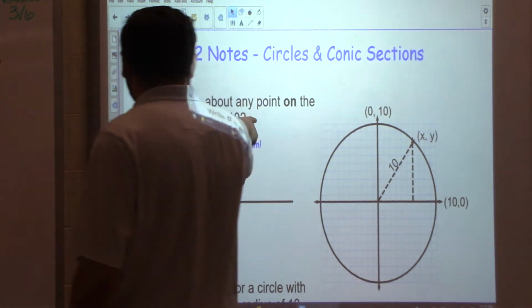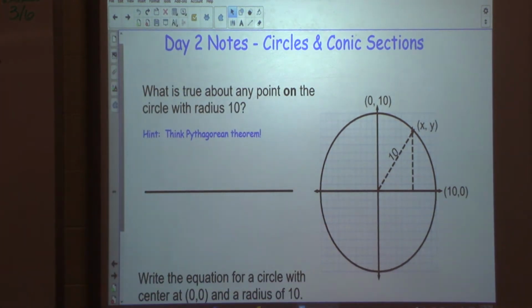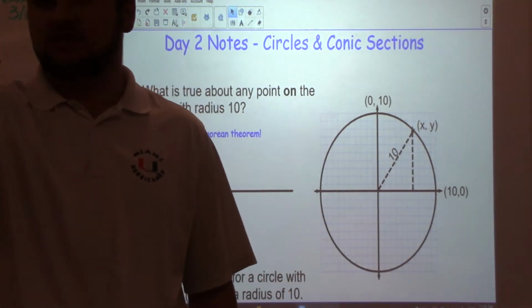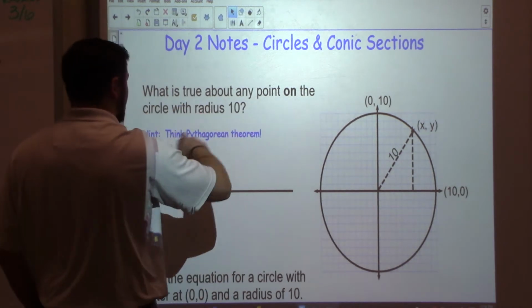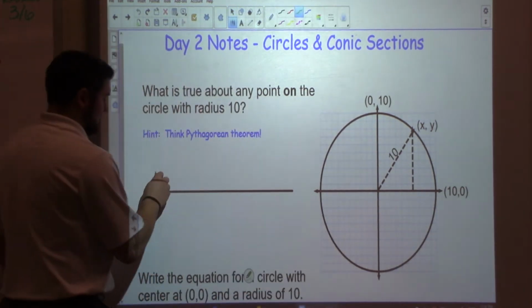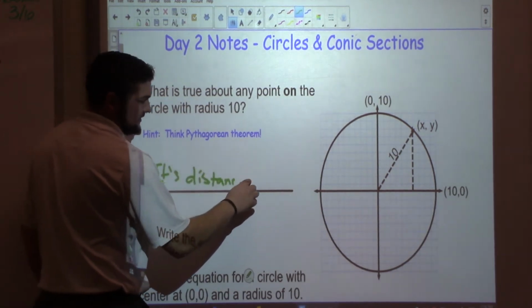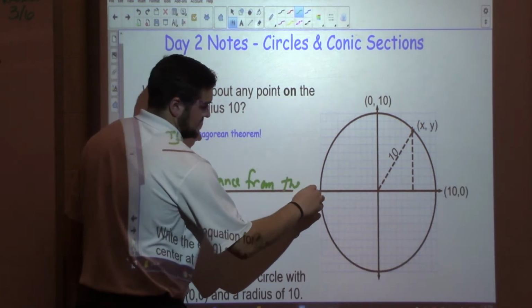So what is true about any point on the circle with radius 10? What did you say, Renee? The distance is 10. What do you mean the distance is 10? From 0, 0, from the origin, right? The radius of that circle is 10. So what is true at any point on a circle with a radius of 10? Its distance from the origin